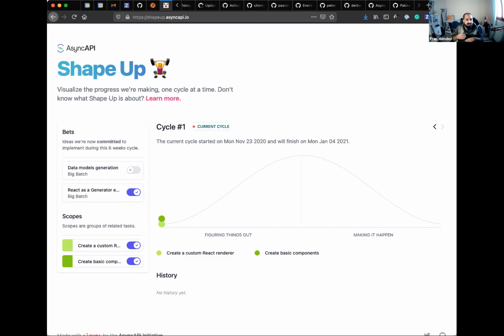At AsyncAPI, we've been working, or trying to work, in different ways, as you might know. And Lukasz and I have been trying to coordinate the best way possible. But the team is growing, right? So this is a spoiler that I'm going to do. Not going to say much more yet, but I'm just going to say that